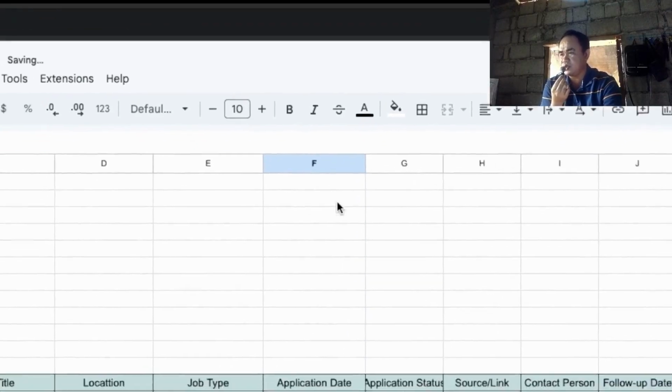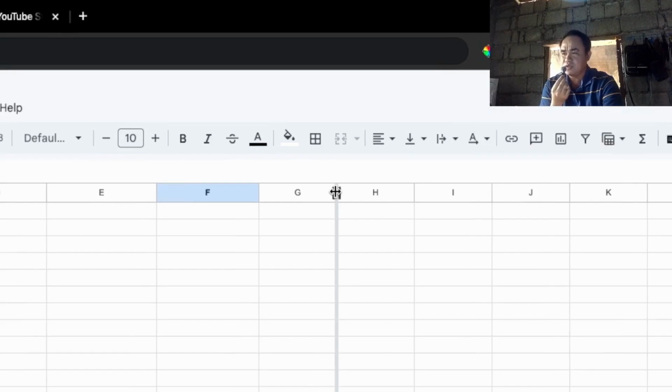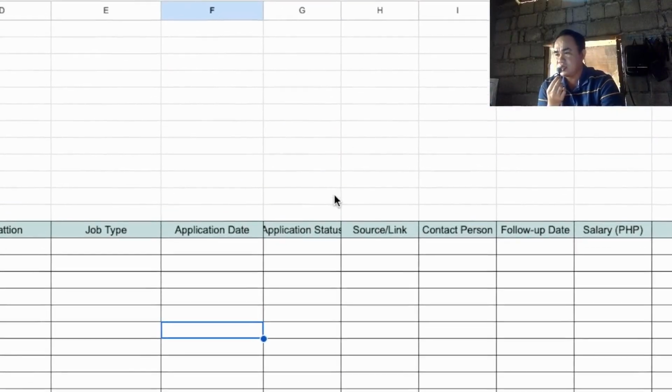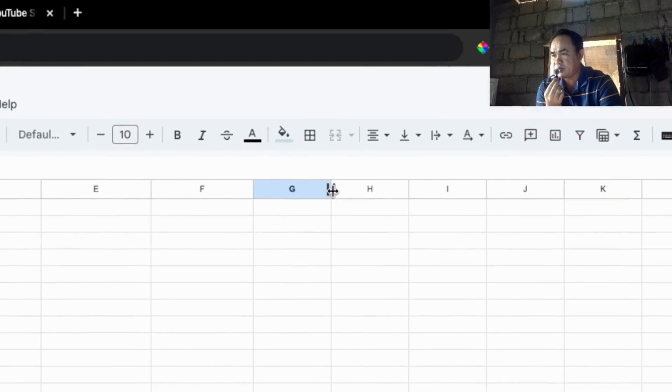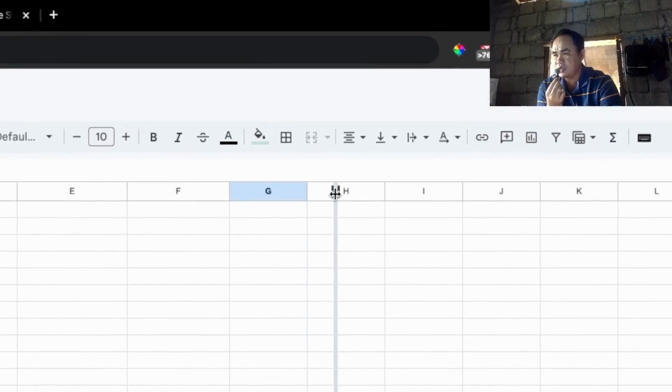So this is a bit short. And the application status is, let's say, rejected, offer, or no response. So that's it. We adjust this.